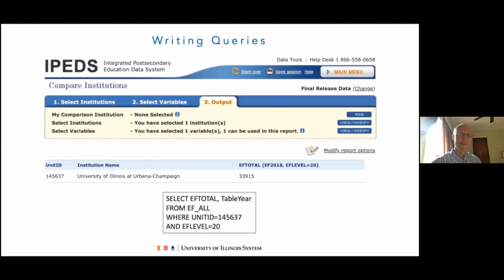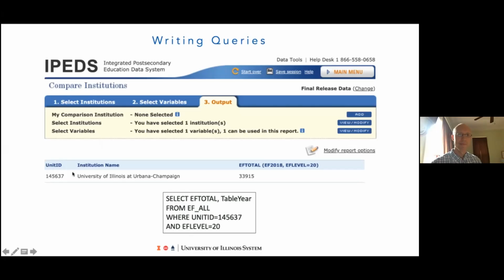So how does this actually work once these tables are in our database? How would you write a query against it? Well, it's actually really easy, especially if you're used to pulling data in an ad hoc way from the IPEDS website, which is what we did for many years. So if you go to the site and select your variables and select your institution, and at the very end, you just output the short variable names and you output to the screen, which is what I did here, then you'll see,